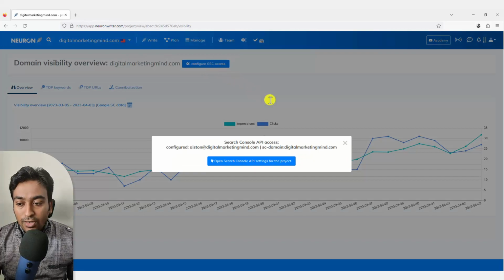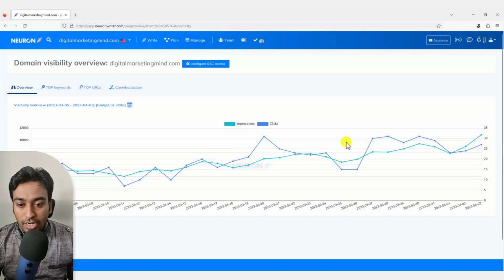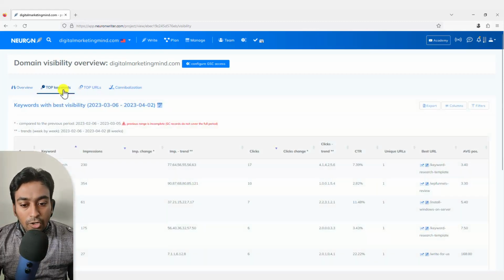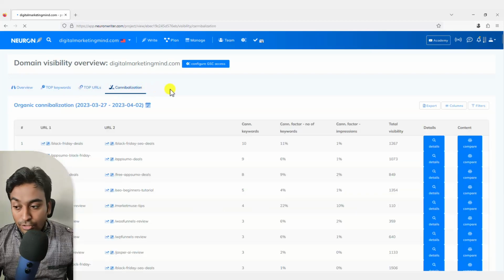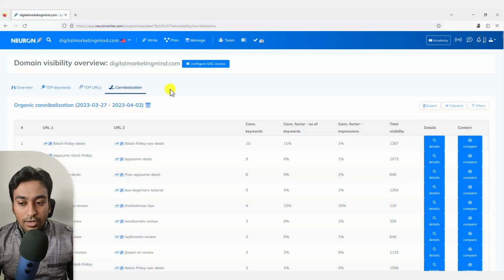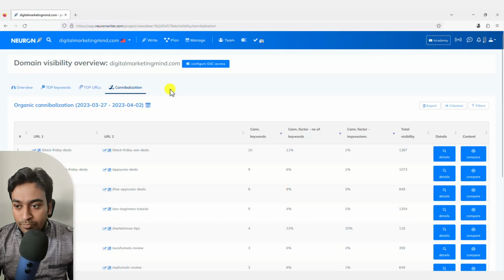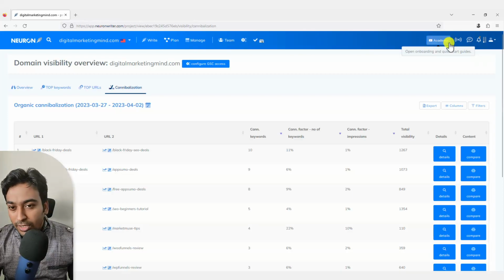You can see I have already configured here, so it's showing me the data. And also as a general overview, it's showing me all the data. For example, visibility overview, impressions versus clicks which I am receiving, top keywords for me, top URLs which I am getting for the website, and whether there are any cannibalization issues within my particular URL. It will show you all this data here. So those are the main sections within the menu, and we have a couple more, like Academy to give tutorial